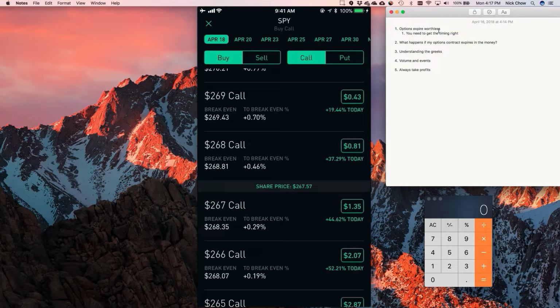What I mean by that is here at the top, there's all these dates for which the contract expires. And now you need your assumption or your contract strike to be where you estimate it to be when you purchase it. So for example, let's look at this 268 call here on SPY. Right now the share price is 267.57, so right now we're out of the money by about 43 cents. To break even, it's got to go up a little bit less than 0.5%. It needs to go to 268.81 to break even. It cost me 81 cents,